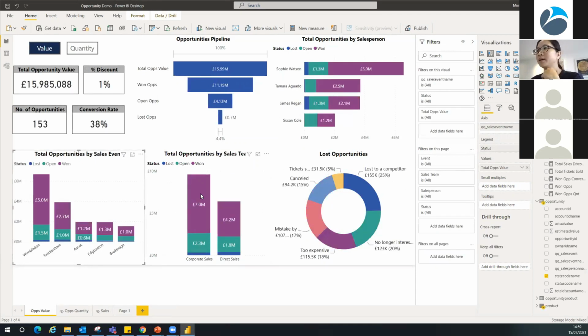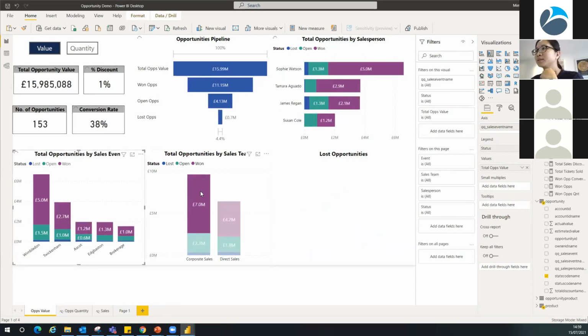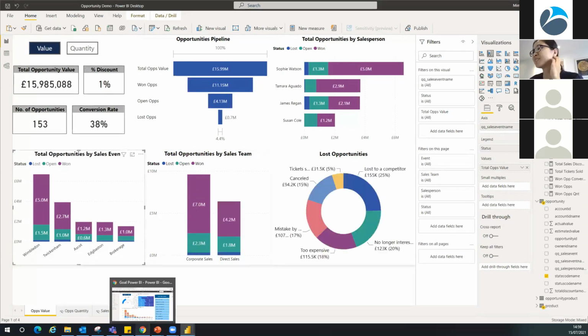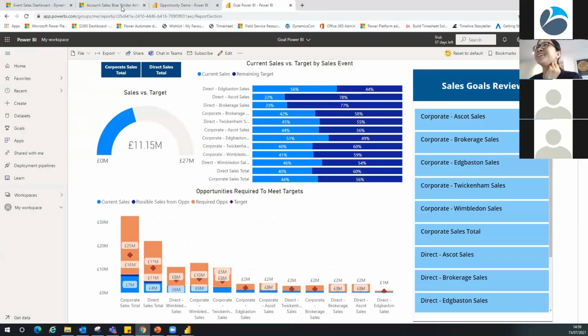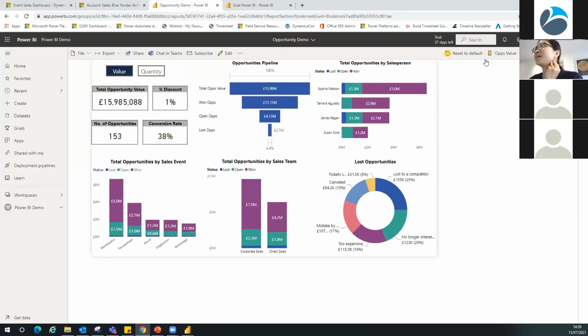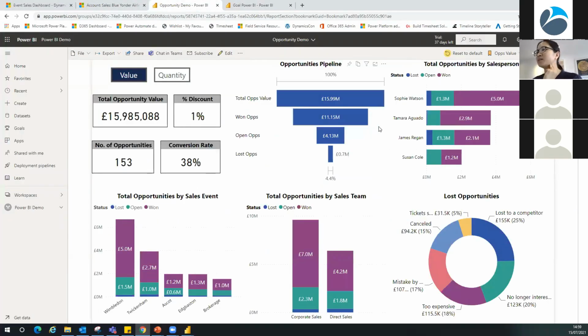You still interact with all of these visuals exactly the same way, but I would say it's slightly smoother. Okay, so this is the report that I published to Power BI service. You see it looks exactly the same. You are able to check, for example, everything related to the Wimbledon event. And this is because this uses DirectQuery, that's why it takes a little bit of time to load.